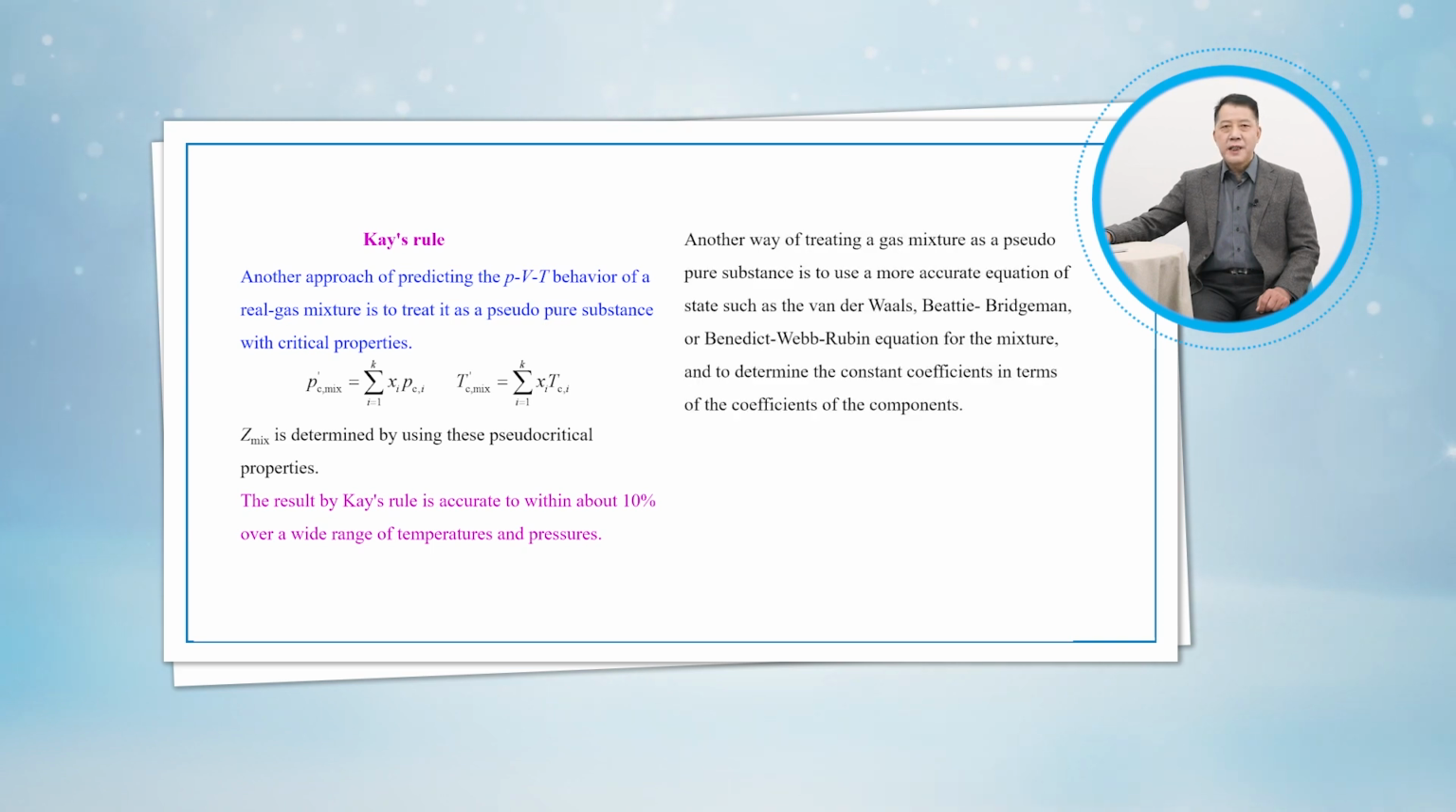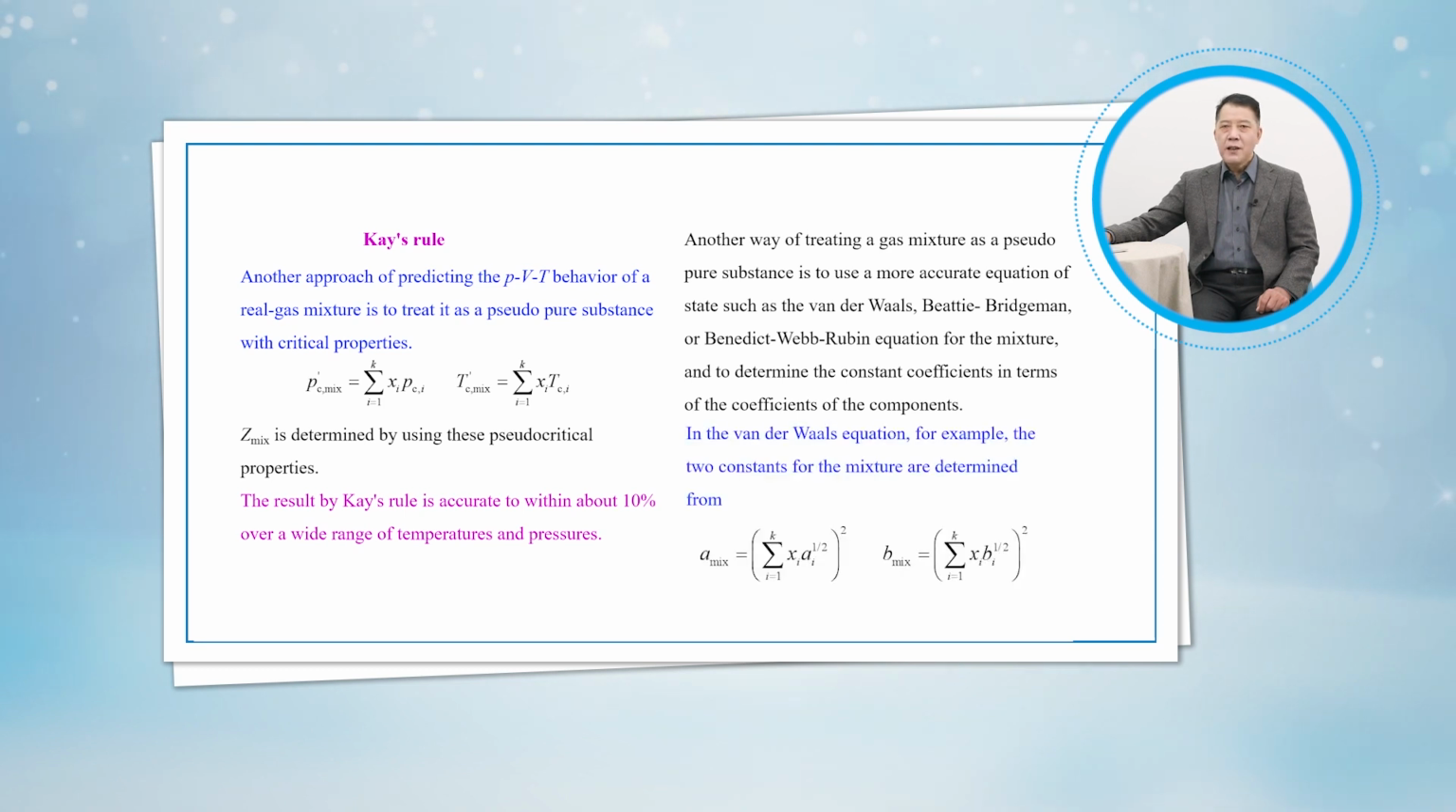Another way of treating a gas mixture as a pseudo-pure substance is to use a more accurate equation of state, such as the van der Waals, Beattie-Bridgeman, or Benedict-Webb-Rubin equations for the mixture, and to determine the constant coefficients in terms of the coefficients of the components. In the van der Waals equation, for example, the two constants for the mixture are determined from